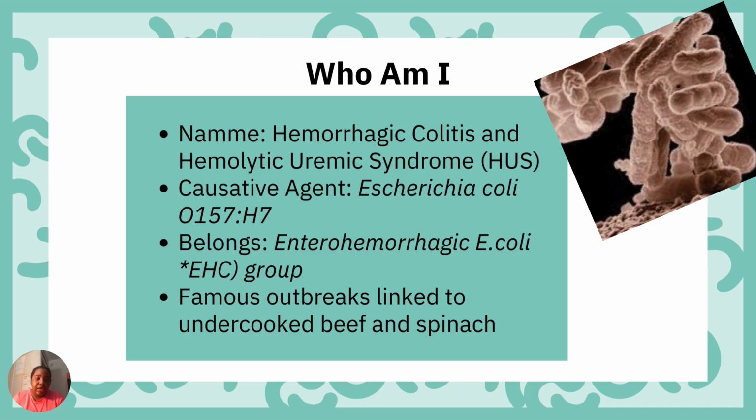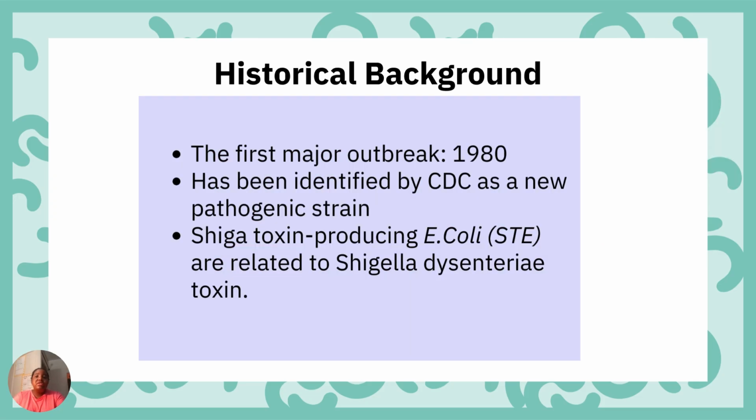The history behind E. coli O157:H7 starts with it being recognized as a serious human pathogen in 1982. In that year, there were two outbreaks of severe bloody diarrhea. This was traced back to contaminated hamburgers that were served in a fast food restaurant in Oregon and Michigan. This investigation was led by the Centers for Disease Control and Prevention, also known as the CDC,